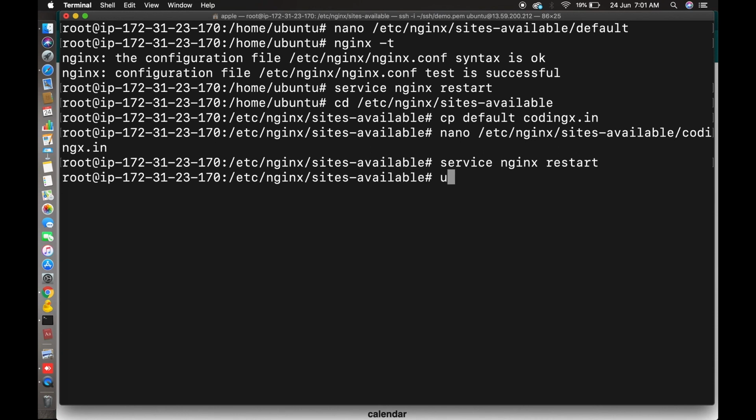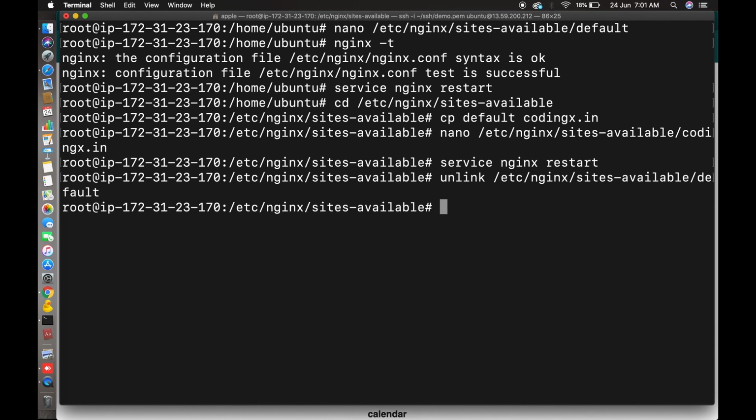So now you unlink the default file using the path /etc/nginx/sites-available/default, and press Enter.